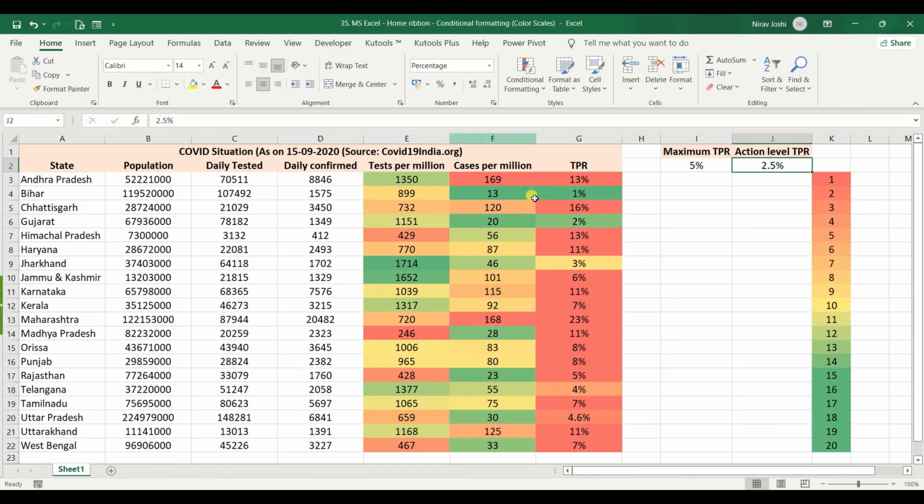And one more thing, sometimes if you have data like this, even though it is shown as 5, in actuality it is 4.6, and that's why it is shown as a gradient color, right? So this kind of thing might happen when you analyze the data. I hope this will be useful to you in routine monitoring and data analysis of your data.